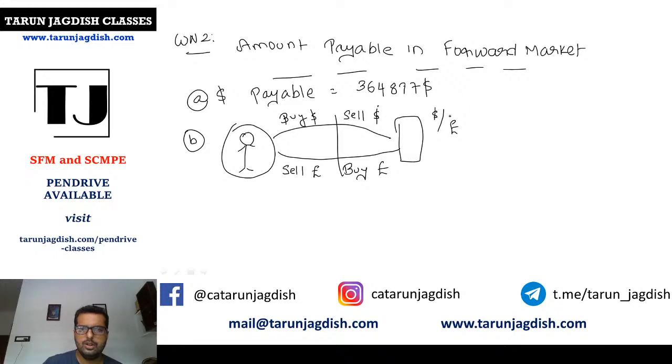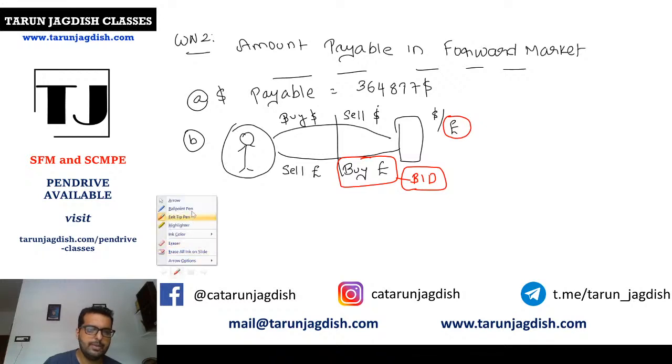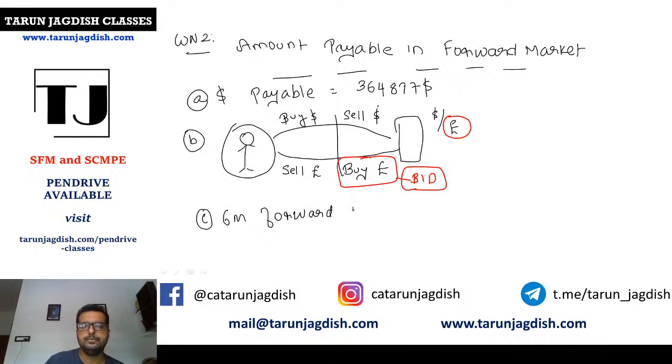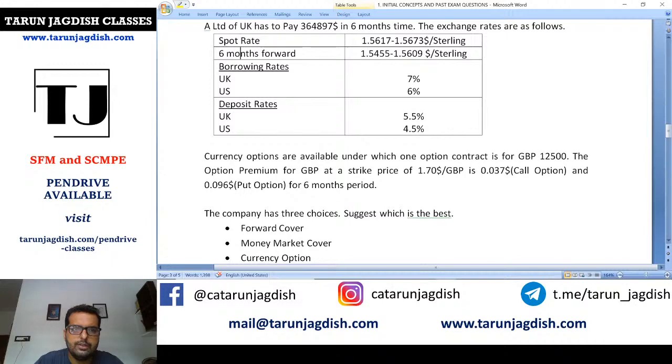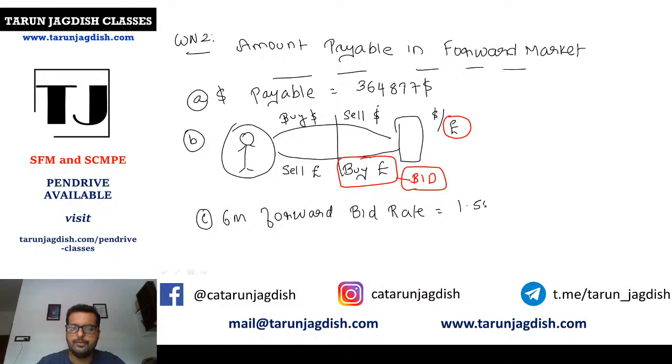Am I right? Dollar is the commodity. What is the bank doing with dollar? Sorry, sterling is a commodity and the bank is buying sterling. So what rate is applicable over here? Bid rate. Okay. So once we get that, I'll find out what is the 6 months forward bid rate. All right. The 6 months forward bid rate that is given in the question is 1.5455 dollar bar sterling. Okay. Therefore, sterling payable will be